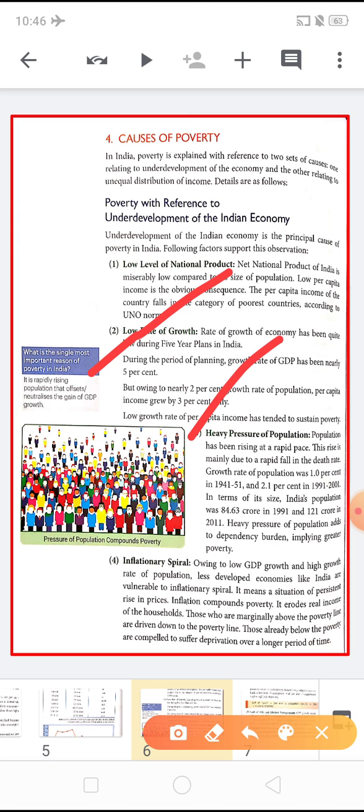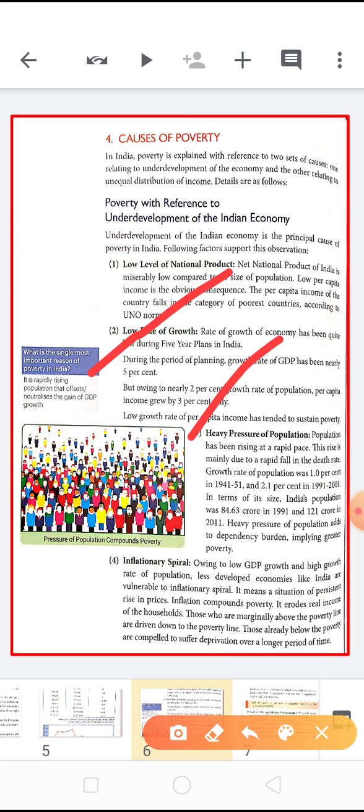Children, the rapid growth of population, particularly among the poor, is responsible for the problem of poverty in India. It is obvious that when total national income is thinly spread over a large number of people, the per capita income is bound to be low. The Indian economy is highly underdeveloped due to the relative backwardness of the agricultural and industrial sectors as well. And agriculture in India has continued to be backward due to the use of primitive methods of production and fragmented land holdings.